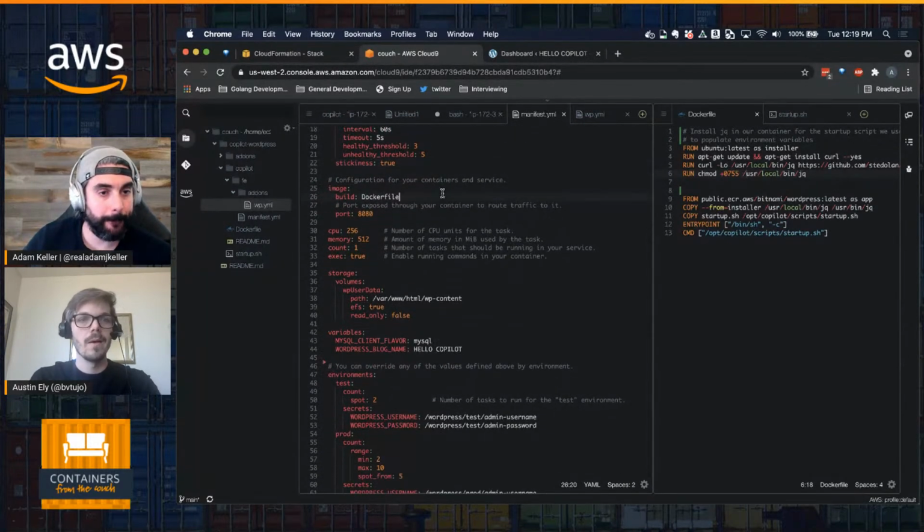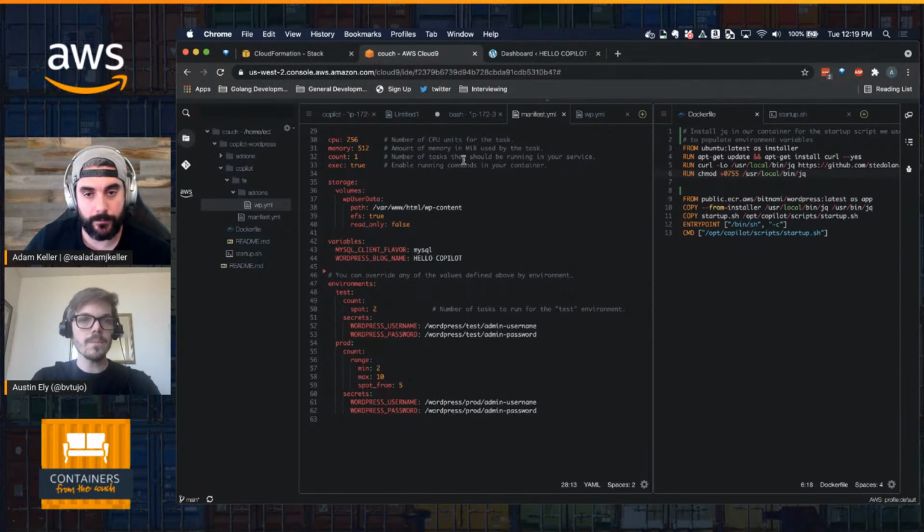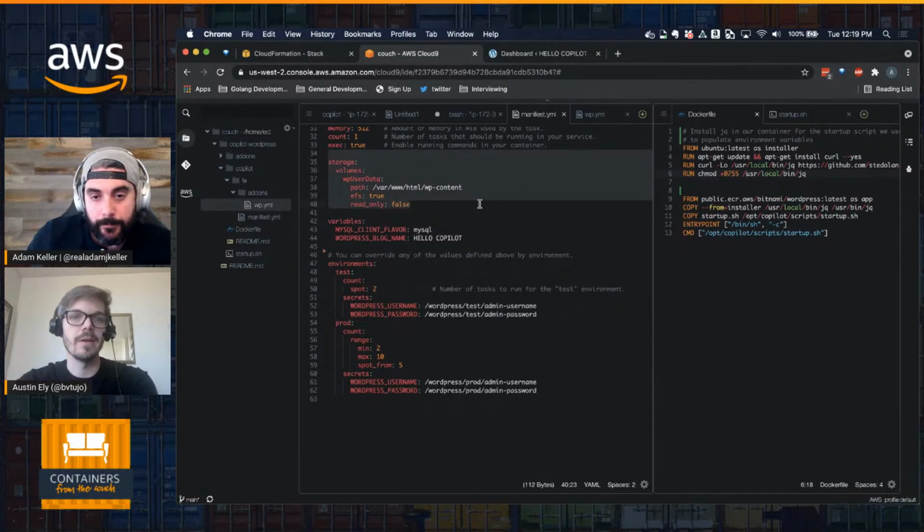I've set up the container image to be built from this Dockerfile and listen on port 8080. And the real fun stuff is down here in the storage field and below. This is one of the features that we just released. As Adam was saying, one of the essential components of WordPress is that you have an EFS file system, some kind of persistent storage in order to store uploaded themes, plugins, user content,